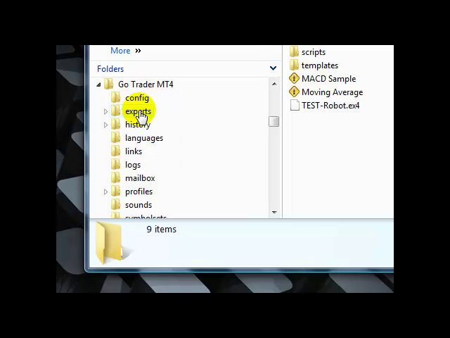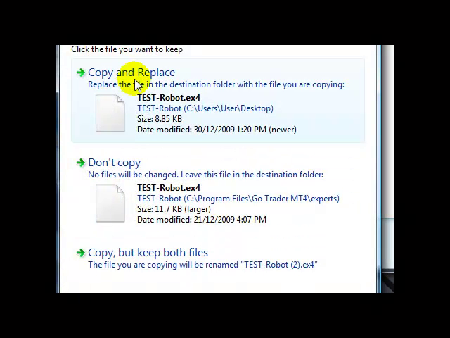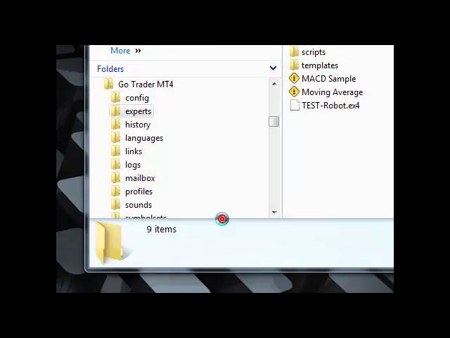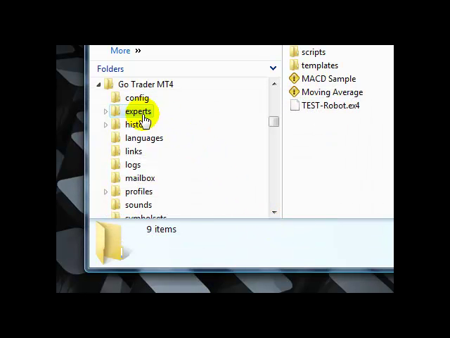Once you get to the Experts folder, you want to click on it, then right click and click on paste, which is further down. You mightn't be able to see it on your screen, but you'll be able to click on paste. Now it's asking me to copy and replace, but this is only because I already have it in that folder, so it would just ask you questions on copying it into that file, so just okay everything. So I'll just put copy and replace, continue, go through all the security questions,